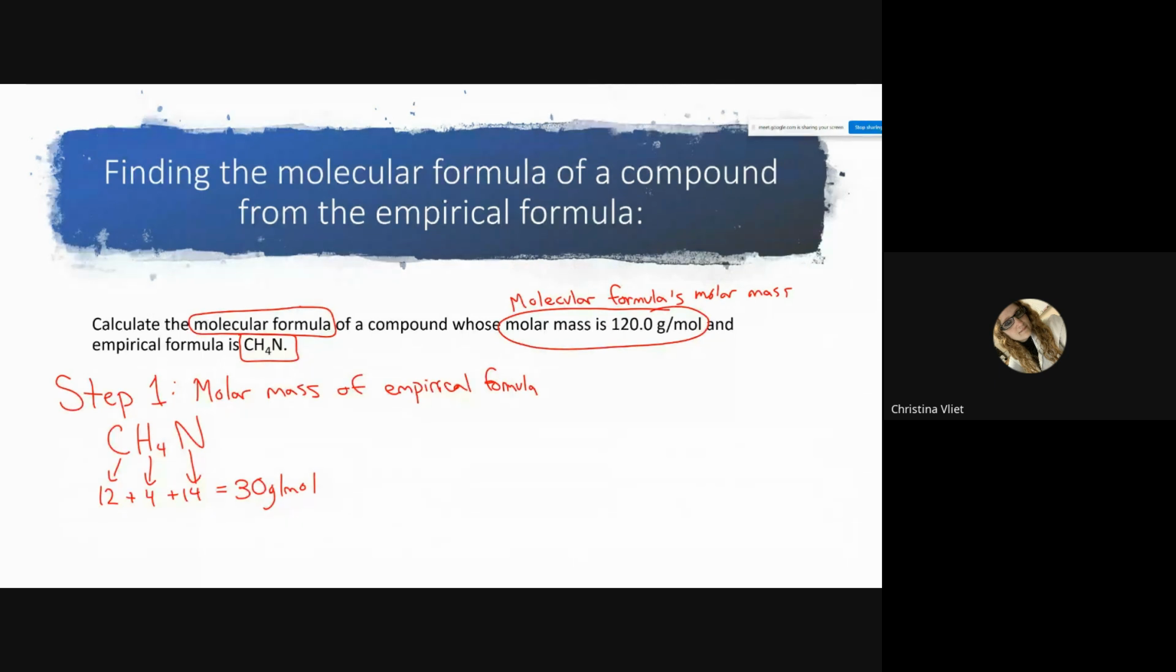So now here's where you have to think. My empirical formula has a molar mass of 30 grams per mole. The information they've given me is the molecular formula's molar mass is 120 grams per mole. The relationship between the two is that the molecular formula always has to be some multiple of the empirical formula. So how can we figure out what that multiple is? But the other way around, because we want a whole number, right? So you would divide. So step 2 in developing the strategy. Step 2 is to divide